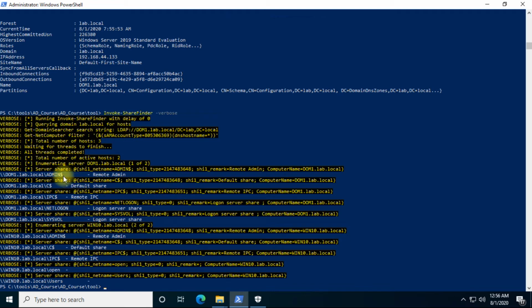If they're present, we can see these are the share folders present in the domain itself. So we can go inside these folders and try to figure out whether there is any possibility we can get any information, any credentials, or any confidential data over there. Those things we can figure out this way.